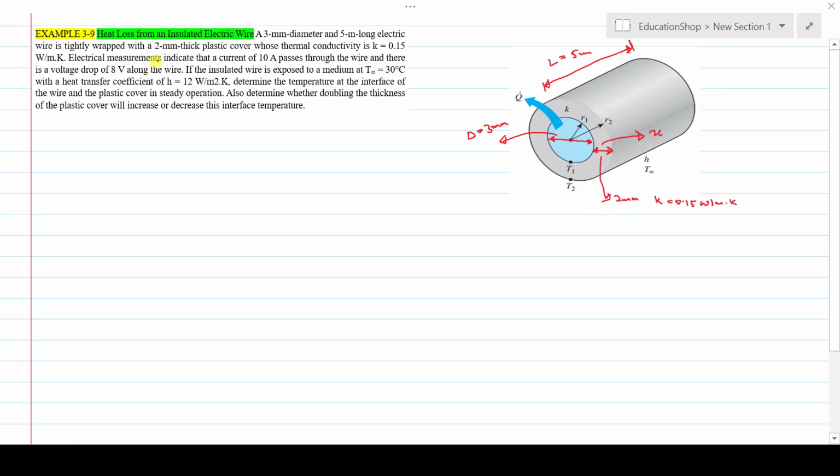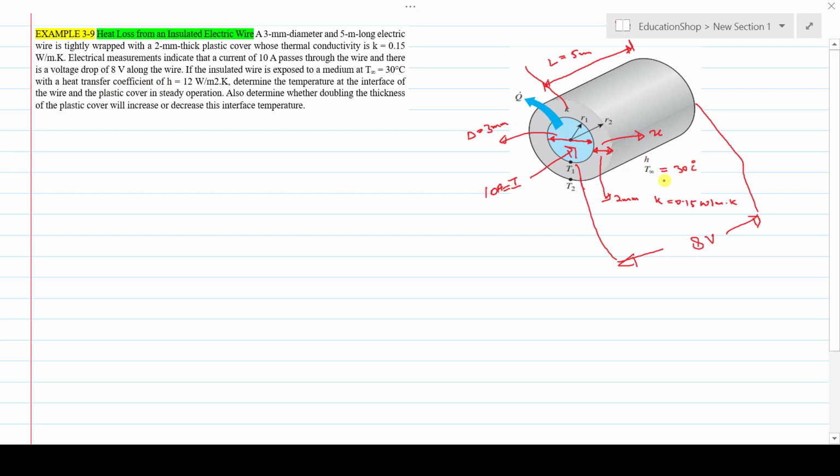given 2 mm. Electrical measurements indicate that a current of 10 ampere passes through the wire. And there is a voltage drop of 8 volt along the wire. If the insulated wire is exposed to a medium at 30 centigrade, that is, the outside temperature is 30 centigrade, that is given, and the heat transfer coefficient